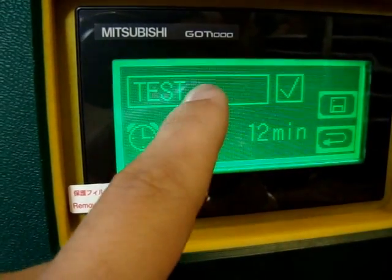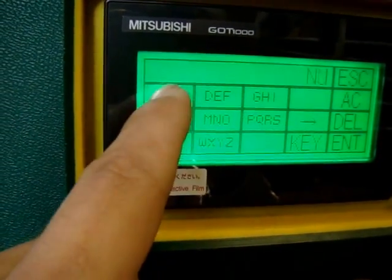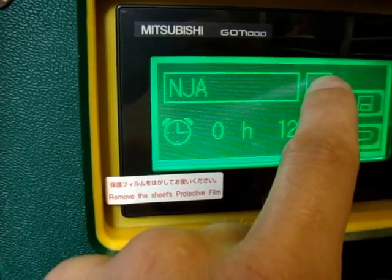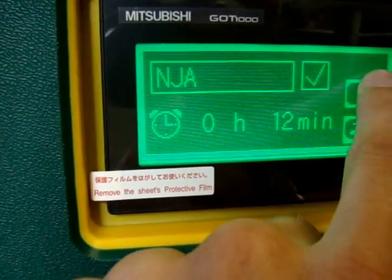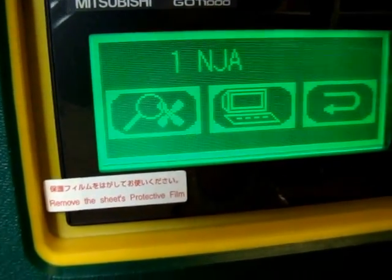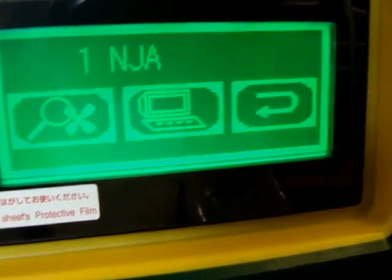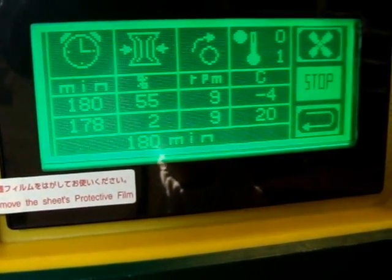Now, after 6 steps, we are able to save the program. For example, doesn't matter. Enter. We confirm that it is a good name of the program, and push the diskette to save this program. And now the first position in the list is NJA. This is our program. We can start it, and now all those 6 steps will run,